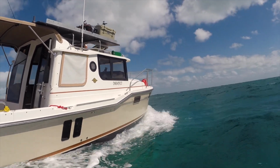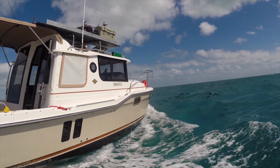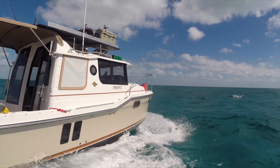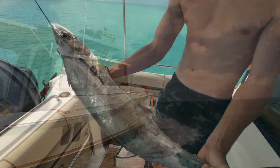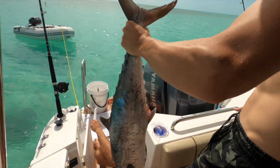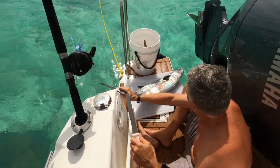But in all seriousness, there really is tension when you're crossing through these cuts for the first time because you're not really sure what to expect and how your boat is going to handle it. Ooh. Ay, ay, ay. Oh, jeez. Oh, yeah, it's just a little...